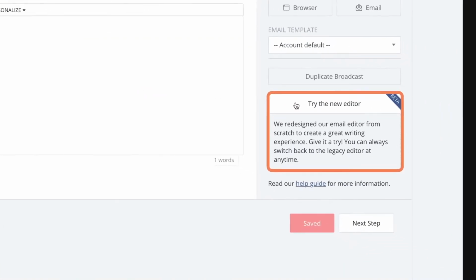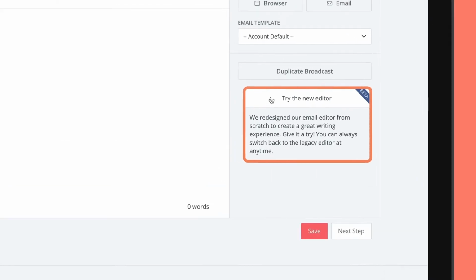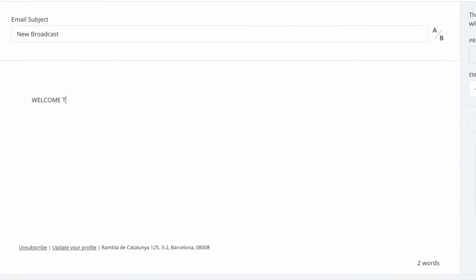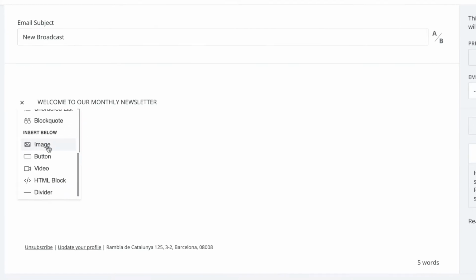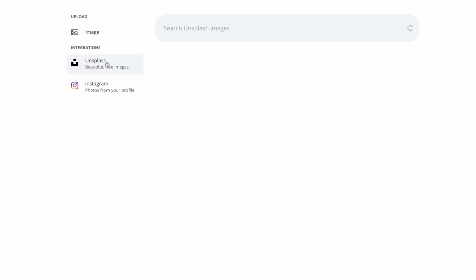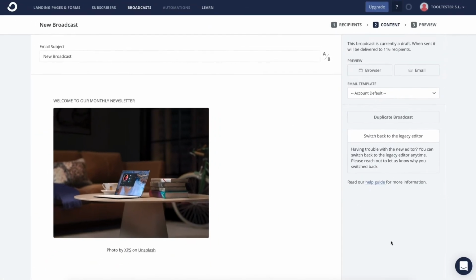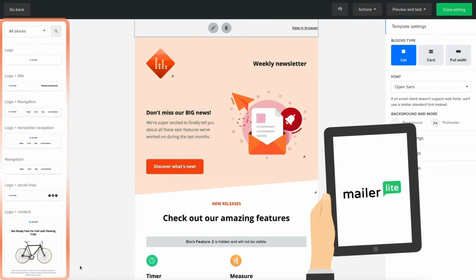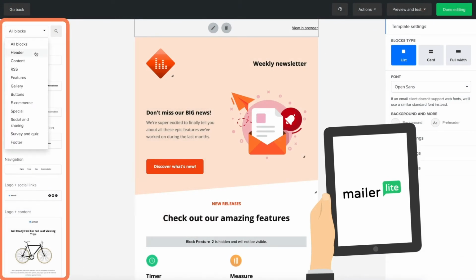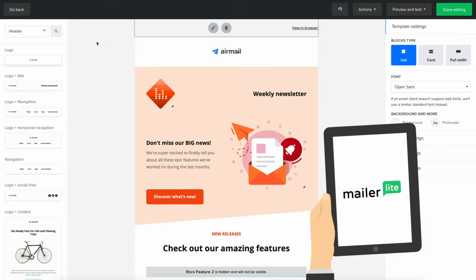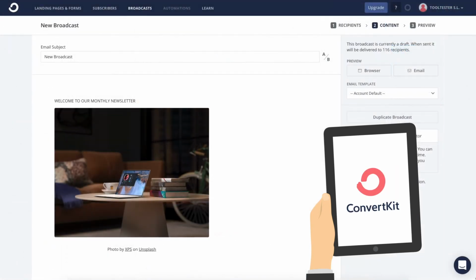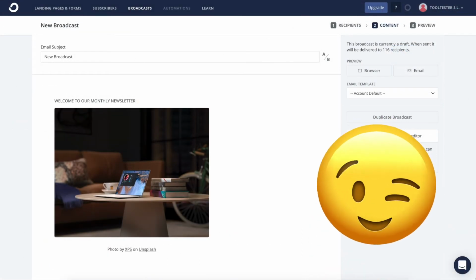Or you can use the new editor. But honestly, I don't find it much better. It's really fiddly and quite a task to get your email looking how you want it. Plus, there are no design testing options. What it's missing are some decent design templates and content blocks. Here's MailerLite's editor, for example. It's much more user-friendly and gives you tons of options. But as we'll see later, not giving you too many options actually seems to be ConvertKit's unique selling proposition.